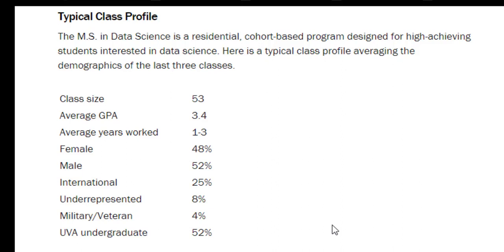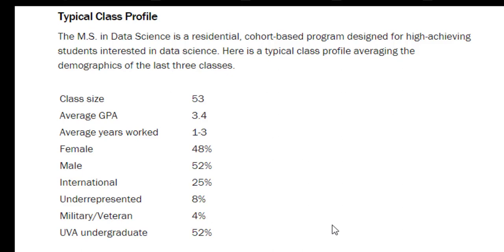Average years worked is 1 to 3. So there is an indication that you might need to have some work experience. And the male to female ratio is also strikingly balanced, 52 to 48. International students are 25%, almost one fourth of the students in the 53 seats. So 12 to 13 seats in every year are kind of reserved for international students, and 8% for underrepresented communities. And there is 4% of seats distributed to military and veteran status people, and 52% of the total seats are